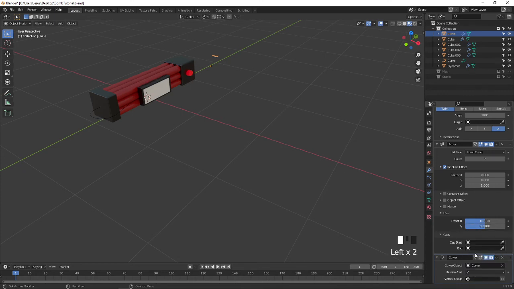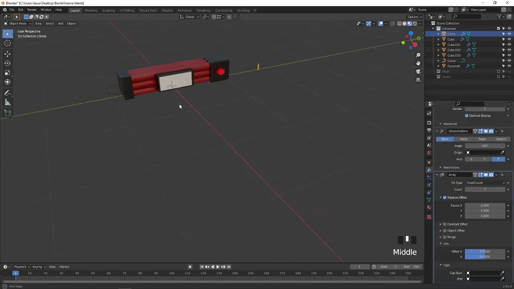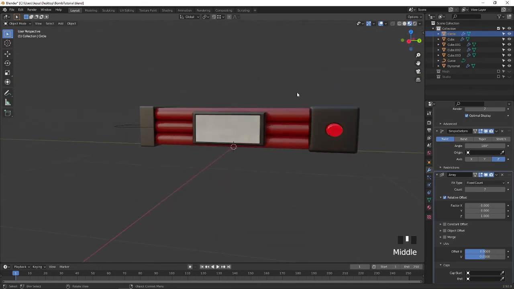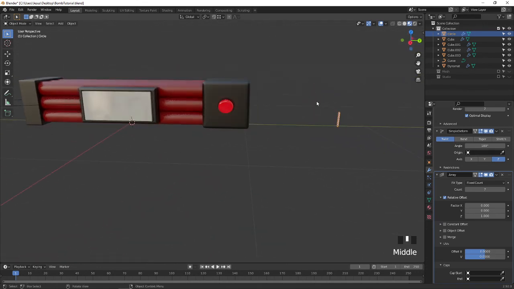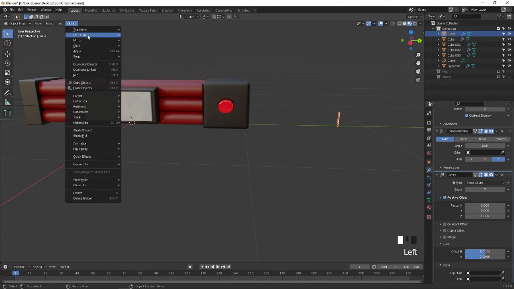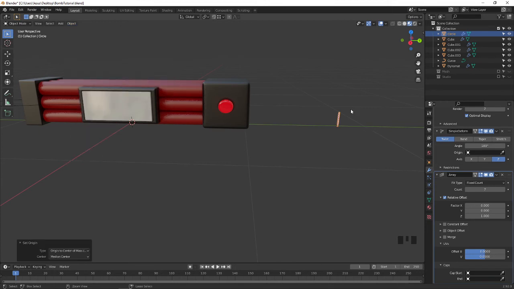Go to the Z axis, press G to move. Okay, before that you can cancel this curve thing. So I will try another idea. Go to the object, set origin to the 3D cursor, Ctrl S to save.